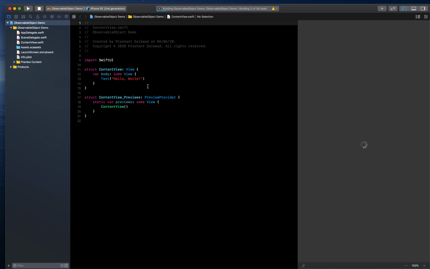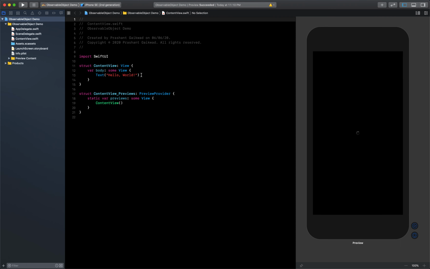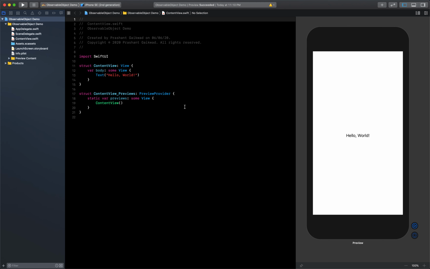So as you know, we use API calls in our projects and we want to download data from the API response. So once that data is downloaded, you will save that data and you then want your view to reflect that data. So to send the data from the model classes to your main view class, or we can say ContentView, we use ObservableObject. So it basically works as a reactive framework. I will explain how we can use that.